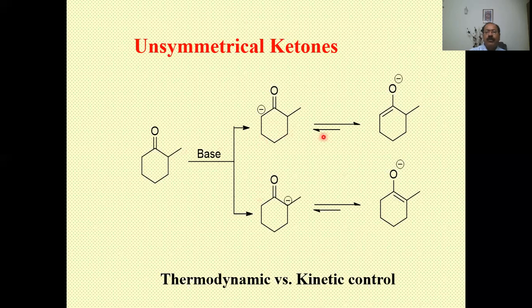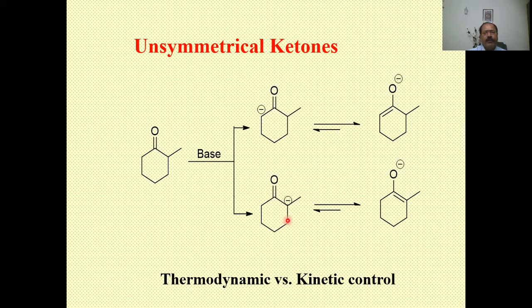But when it goes into equilibrium, we know that this anion gives a more stable enolate, as it is tetrasubstituted compared to this, which is trisubstituted. So as far as stability is concerned, this will be more favored because it leads to the formation of the more stable enolate. But kinetically, the rate of reaction will be faster to give this, though this will not be stable. And this is why we call it kinetic versus thermodynamic. It is possible, by changing the reaction conditions, to get either the kinetic product or the thermodynamic product.